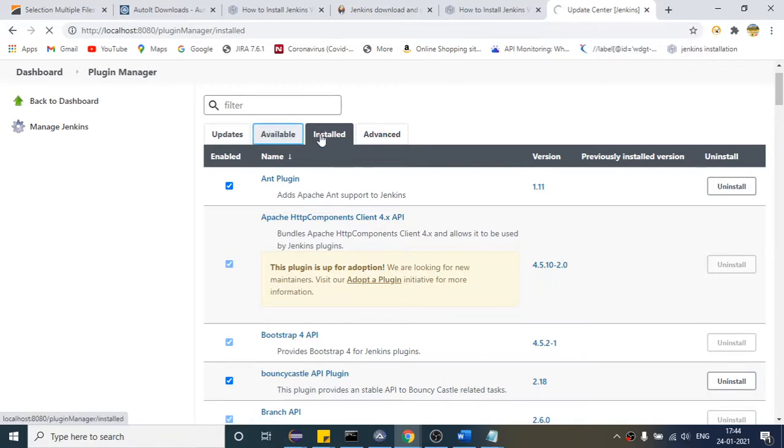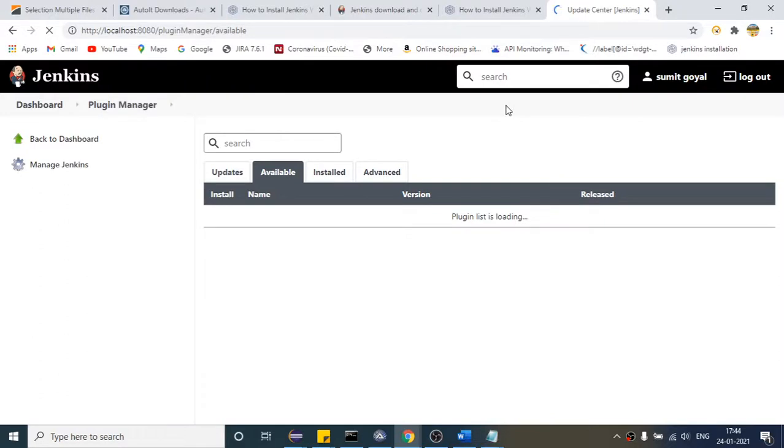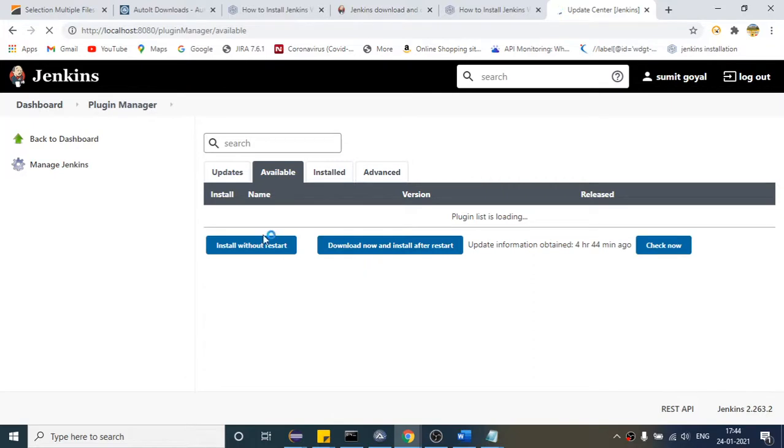Once you download it, it will be present here. So how to install any plugin, let me show you. Okay, the plugin list is loading, so let us wait. It is still loading.